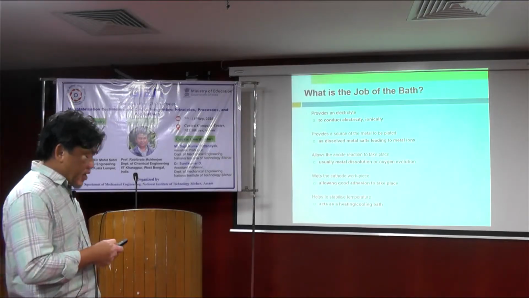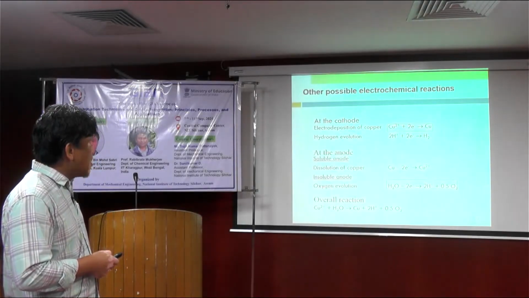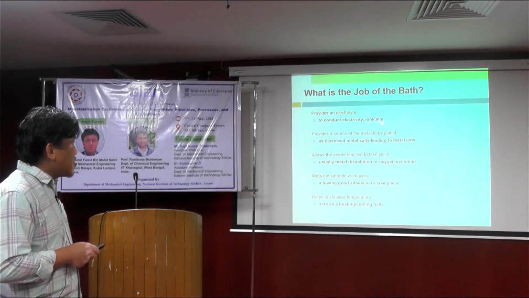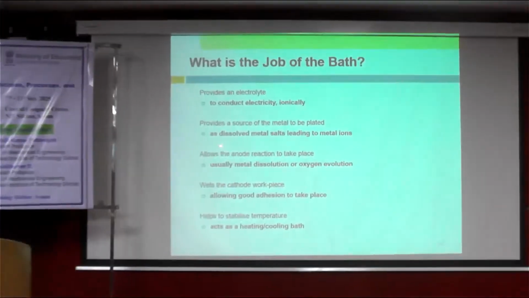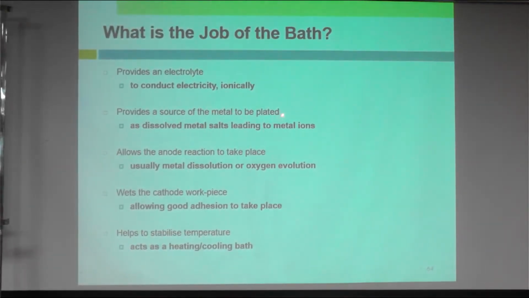So you have the bath, what we call the bath here, or electrolyte. It provides an electrolyte for the bath to conduct electricity ionically, and provides a source of the metal to be plated. Sometimes we dissolve the material salt as a dissolved metal salt, leading to metal ions, and allow the anode reaction to take place, usually metal dissolution or oxygen evolution, and wets the cathode workpiece, allowing good adhesion to take place and